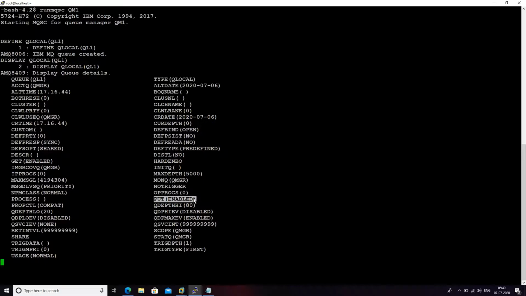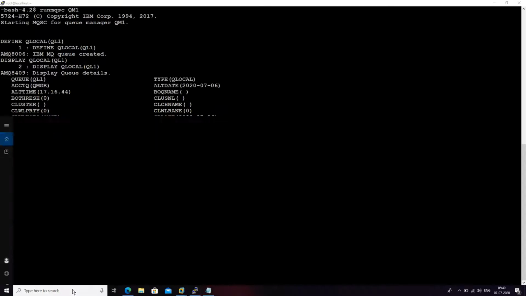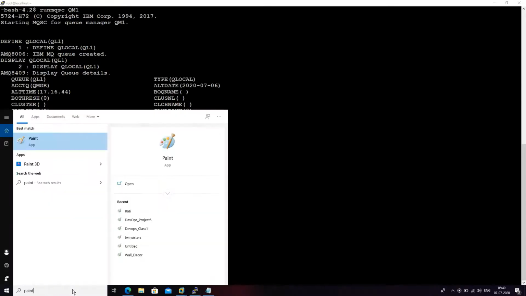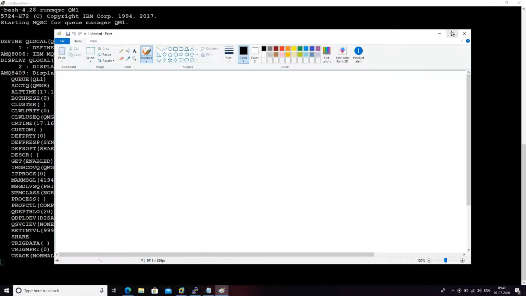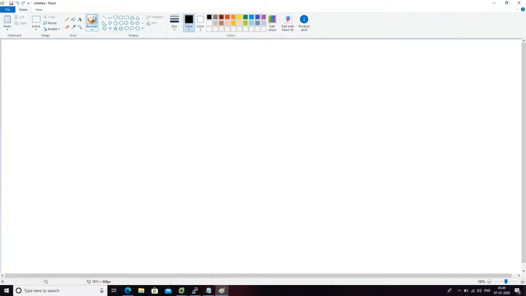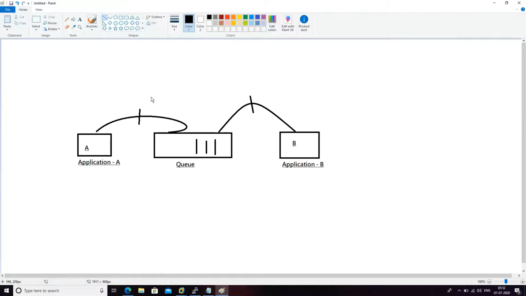What this means is how you will put and how you will get messages from a local queue. I'm giving one diagram to show how you use it. Let's see the diagram.